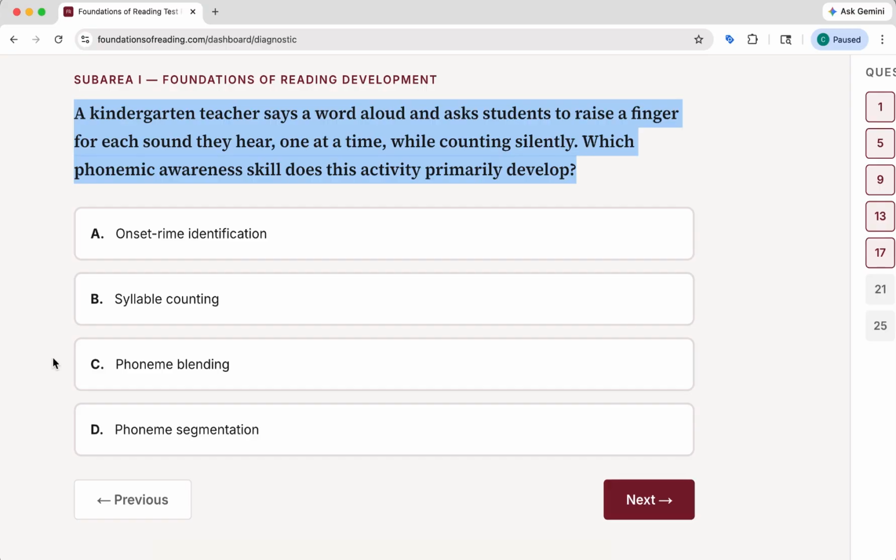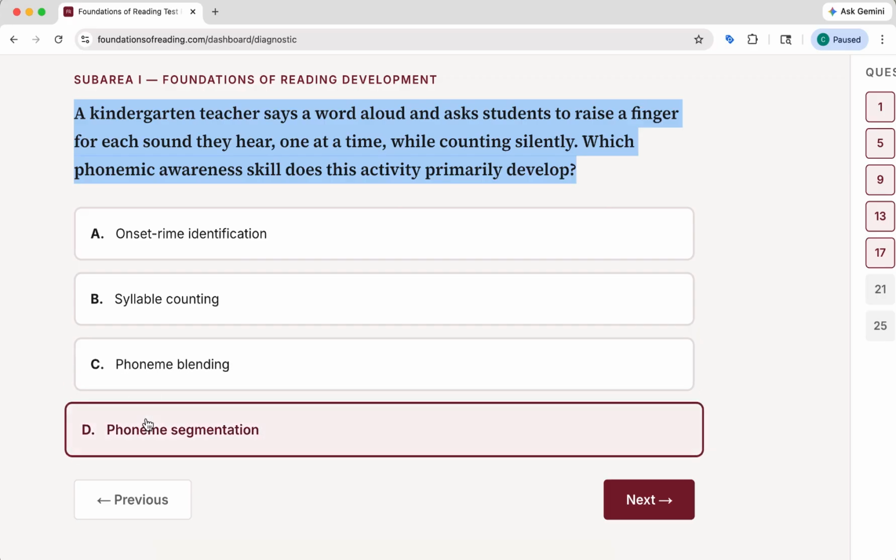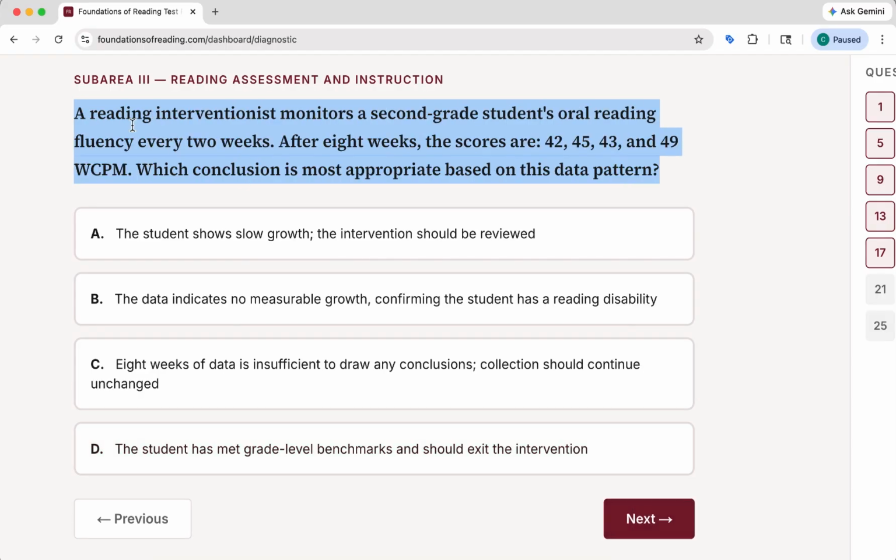Is it onset and rime, syllable, phoneme blending, or phoneme segmentation? So this activity requires the students to isolate and track each individual phoneme in a sequence. And for that reason, we're going to go with segmentation, because they are breaking apart the word and they're putting up their finger each time that they hear a part of it. Next up, a reading